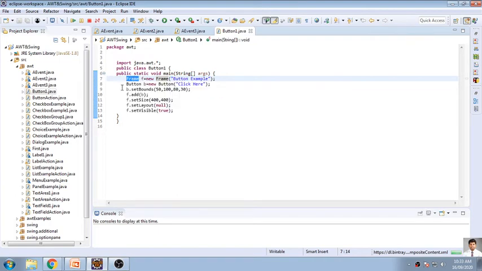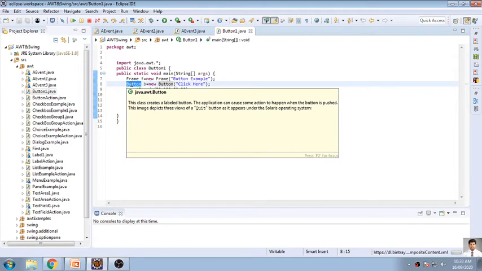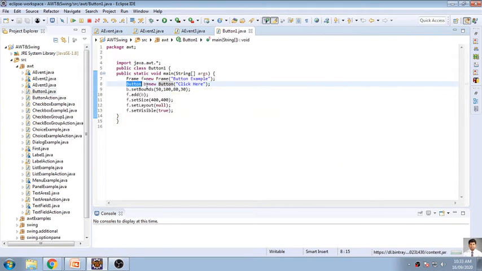Now on that frame, I just want one button, only one button. So Button b is equal to new Button, and I will be writing something on the button. The name I want to display on the button is "click here". So this will be displayed on the button. Now setBounds. This is one function of the Button class. So b is nothing but the object of Button. And here I will be specifying its X coordinate, Y coordinate, its width and height. So everything will be generated in this object.